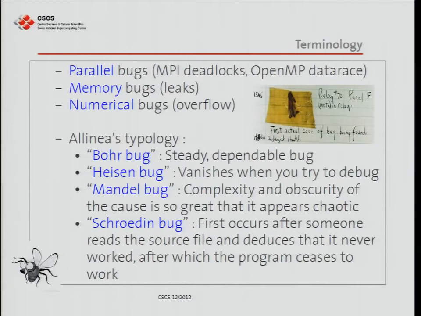You can also have memory bugs, like leaks, and of course numerical bugs, where your application doesn't really crash, but it gives the wrong results, and you don't really know why.